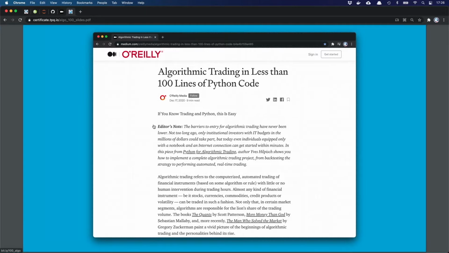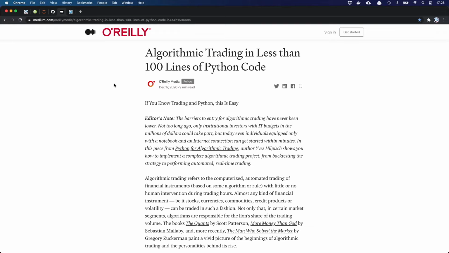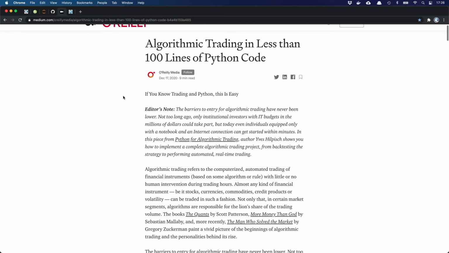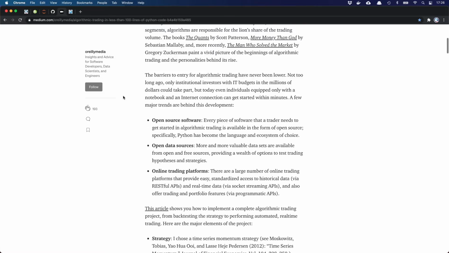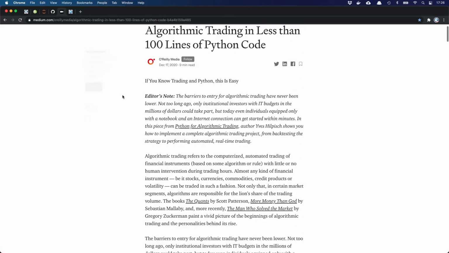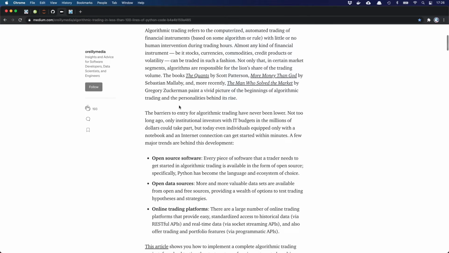Behind every screenshot, I have the links as well, so when you click on it, you will be redirected to the article itself. It's a Medium article by Riley Media in their channel, and as I said, it was an updated version that was published in December. And for today, I have the updated code example with me.